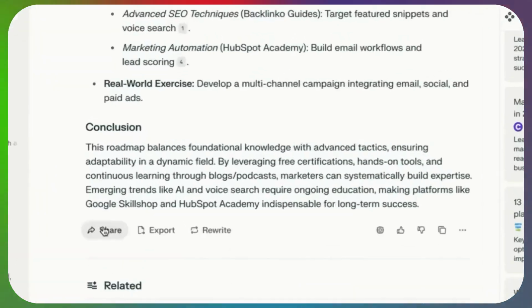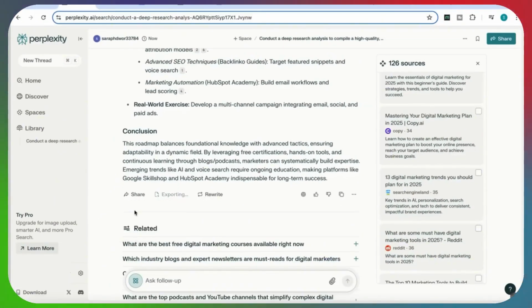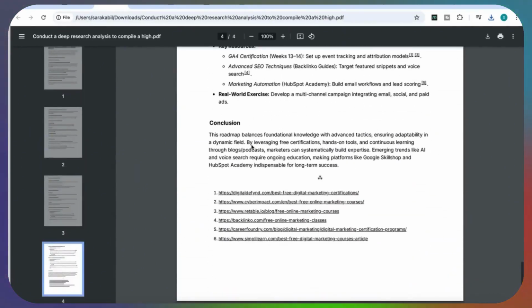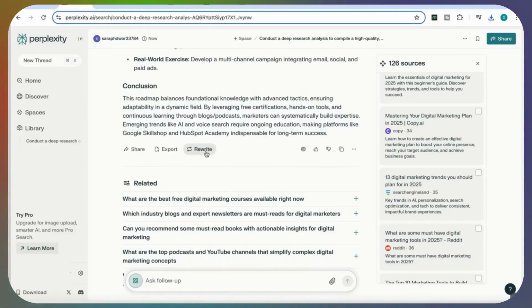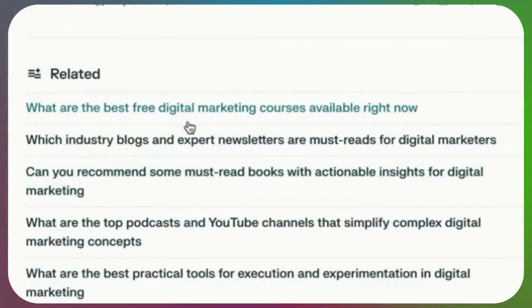And then I have the option to either share the link to this deep research response that I've received, or I can export. So I'm going to select export, and then I'm going to choose to have this as a PDF so I can have it as a reference later on. Once I open the PDF, you'll see that I've got the entire report here that has been compiled by Perplexity. And I've got the sources as well, and I can ask it to rewrite the response if I'm not really happy with it. Or I can follow up with some related questions, such as what the best free digital marketing